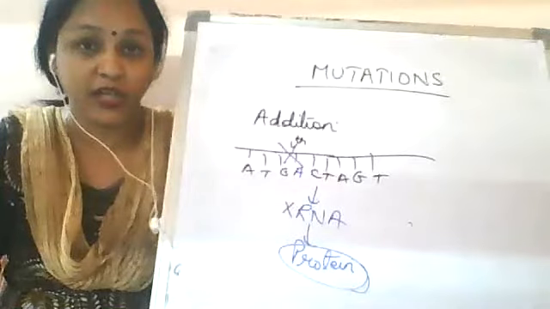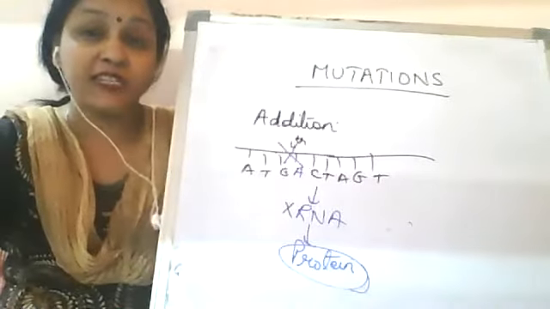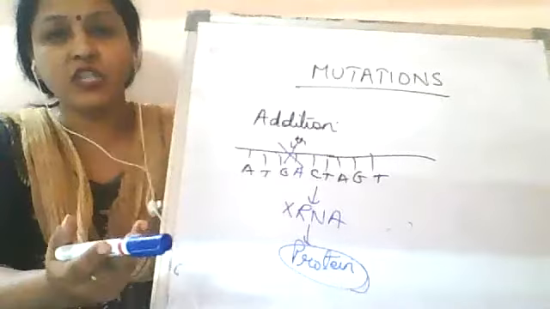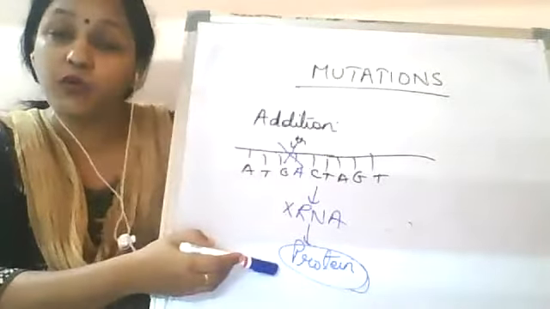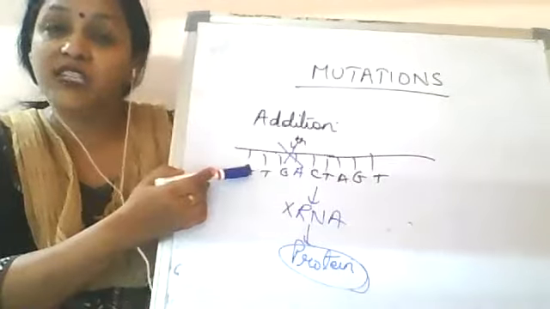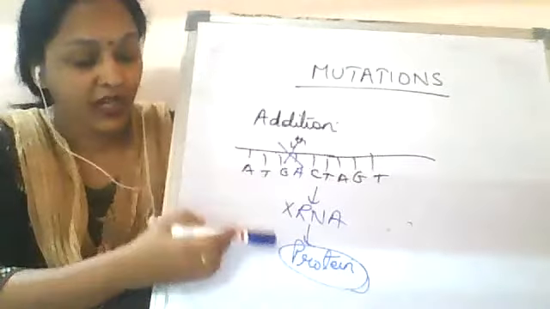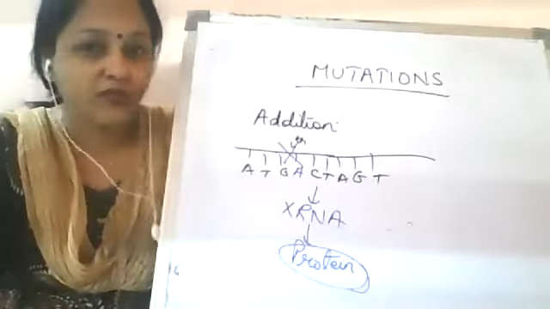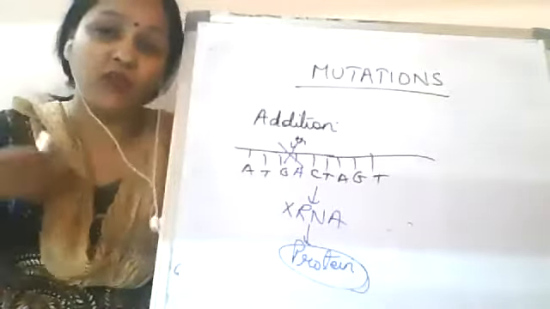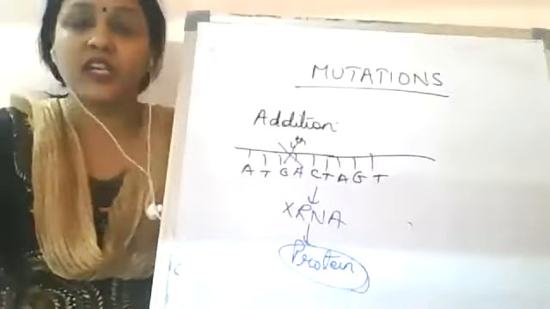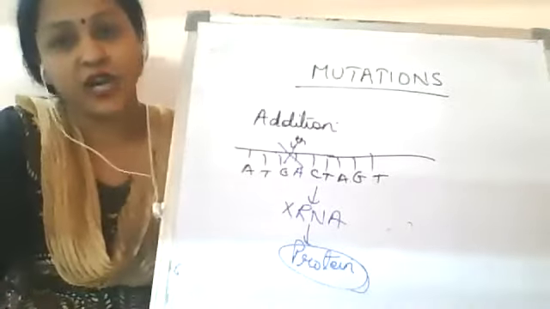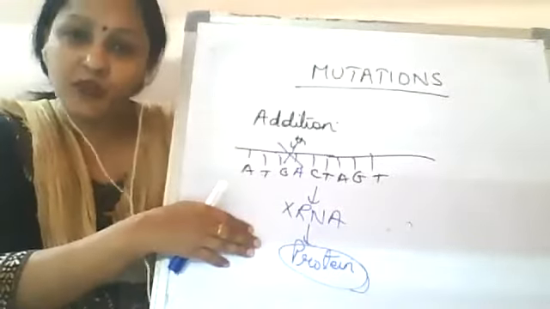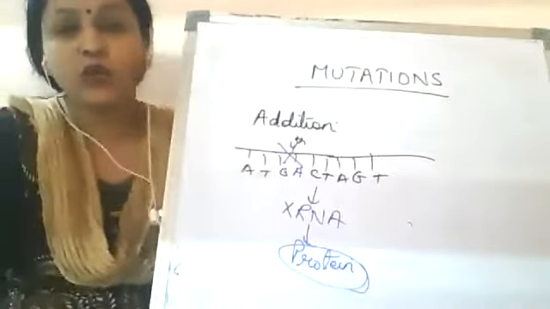So if the wrong protein is formed, like in the case of sickle cell anemia, the sickling of RBCs occurs. Why do they become sickle shaped? Because the type of protein being produced, because of changes in the sequence of DNA, is of an incorrect type. And when this incorrect protein forms the hemoglobin molecule and gets associated in an RBC, the shape of the RBC changes.